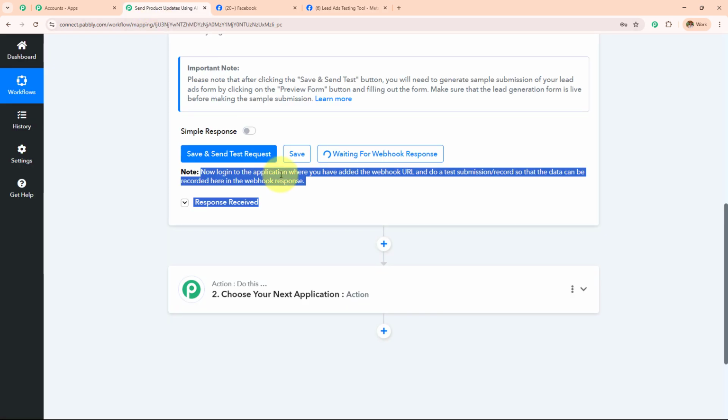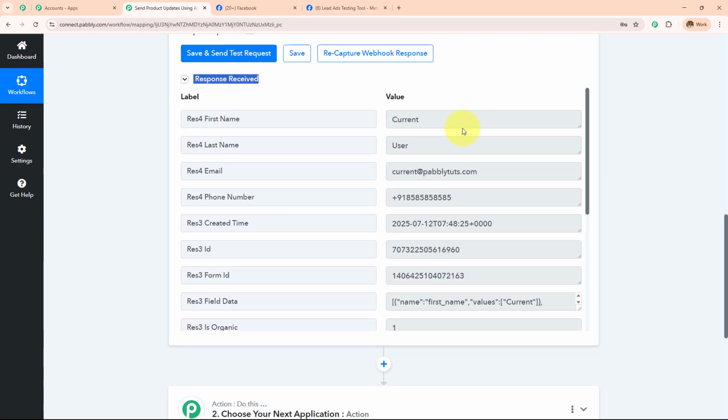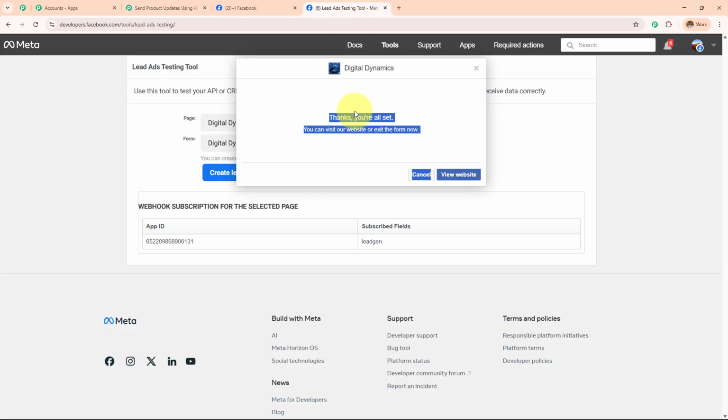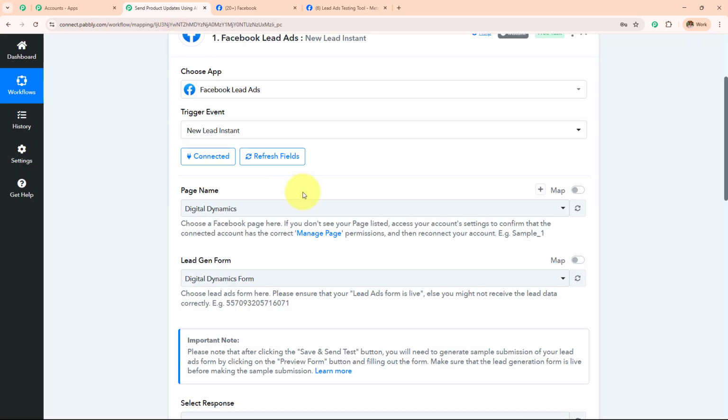I am quickly going to open my workflow, and here in no time I have received the response. Here are all the details which I have just submitted, and I have captured that here. The name was current user, email address was current@pabblytudes.com, phone number was this, and we have the rest of the details. Here, as soon as I have submitted the form, I have received that response here